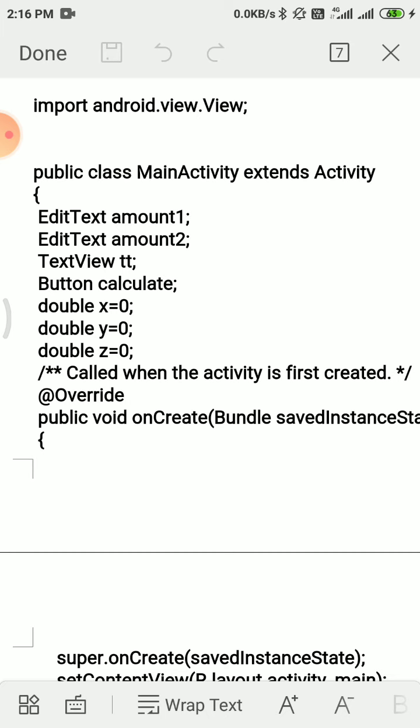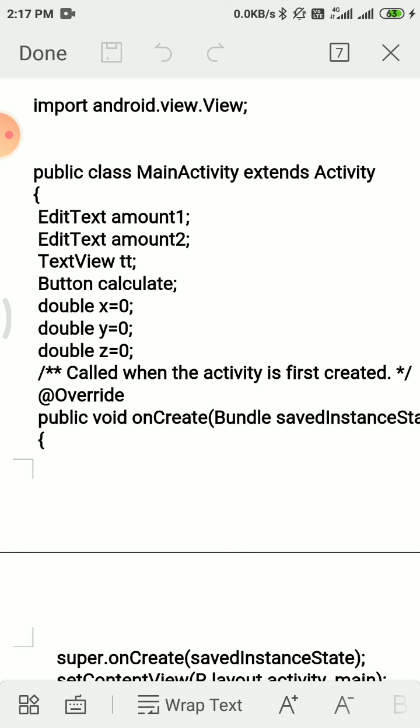Here MainActivity is a subclass. Next, EditText amount1 and EditText amount2 are the two objects we have defined here. And TextView tt is another variable for storing the addition of two numbers. Our main target is to add two numbers, that's why we have taken amount1 for the first number, amount2 for the second number, and tt for storing the answer.